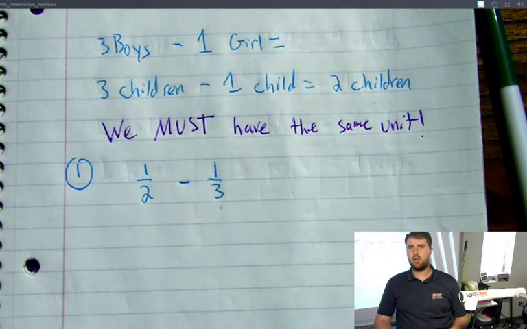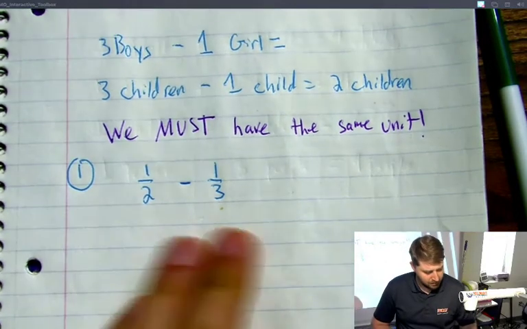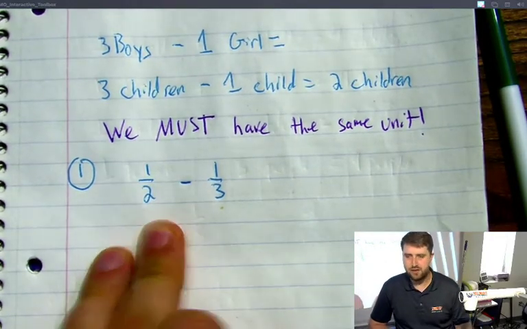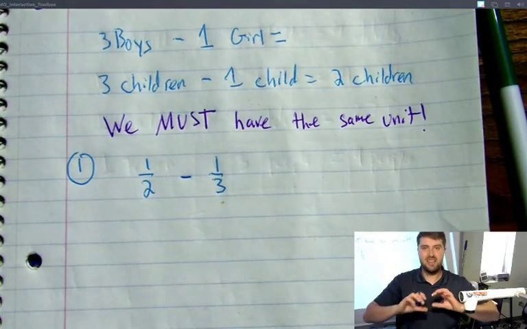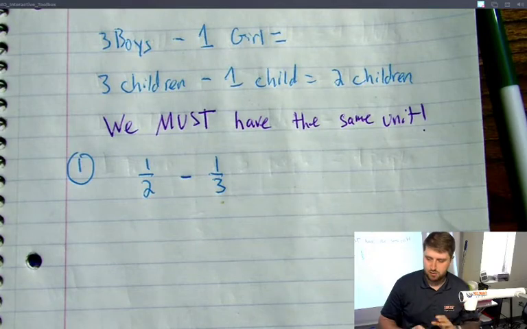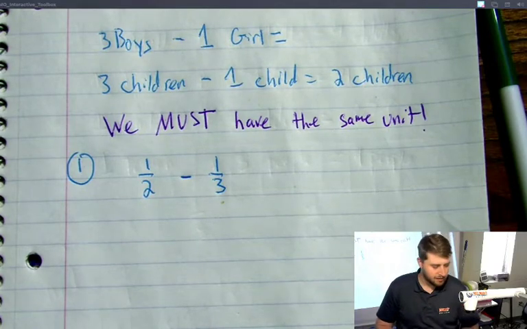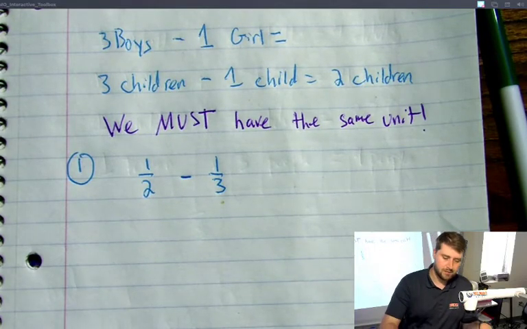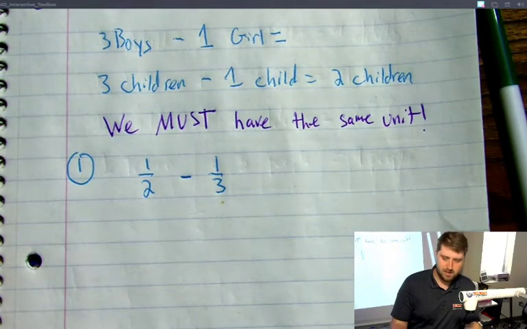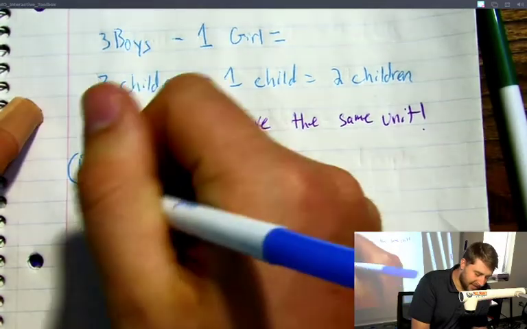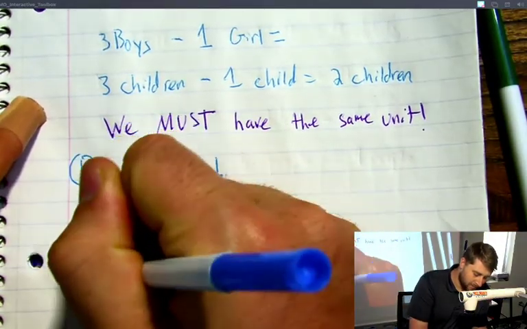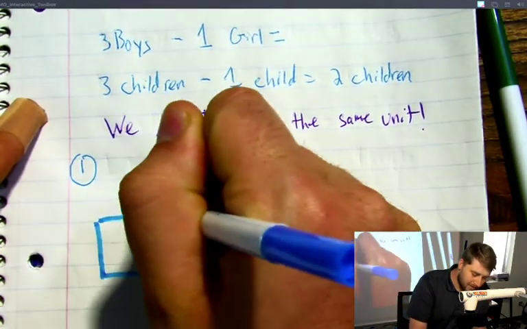Now, we can't just subtract 1/3 from 1/2. We can't take away 1/3 from 1/2 because we don't have the same unit. Our bottom number, the denominator, is not the same, which means we have to do something first. What do we have to do first? Well, just like when we were working with adding fractions with different denominators, we are going to use a rectangular fraction model. So I'm going to make 2 boxes here,